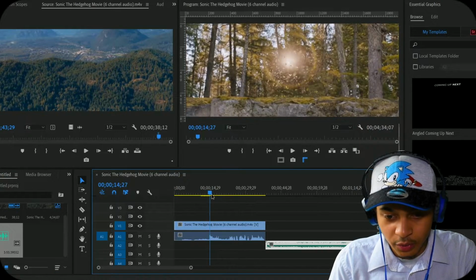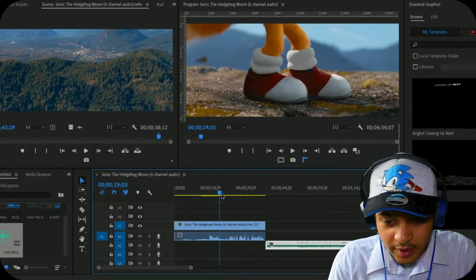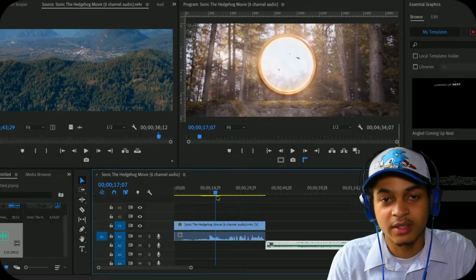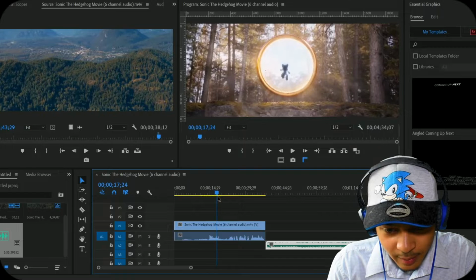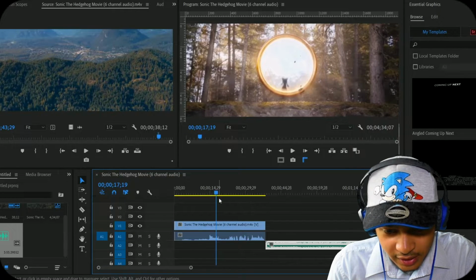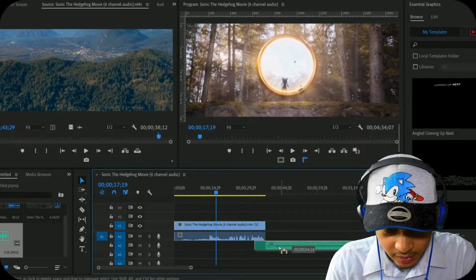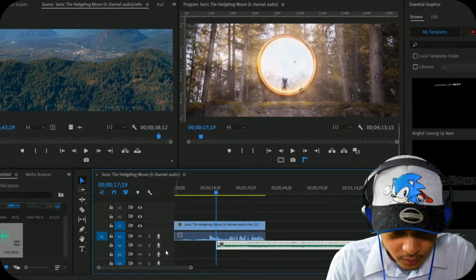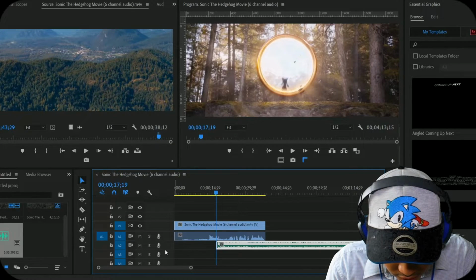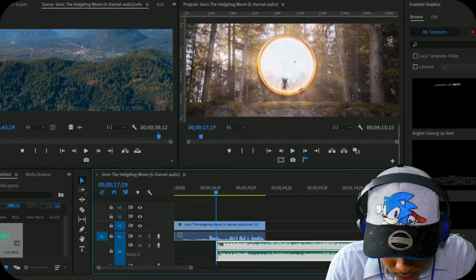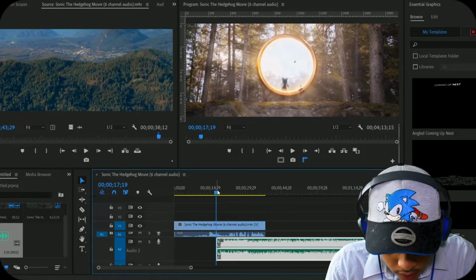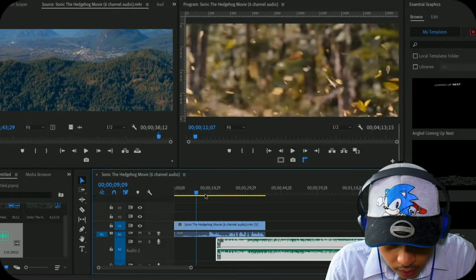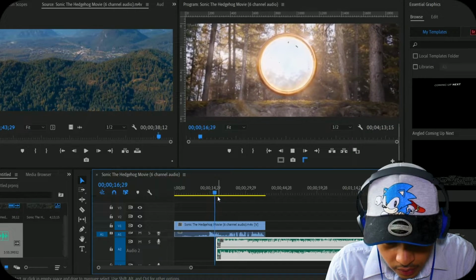Now for this scene, I want the music to play right when Tails comes out of the ring. So we need to time this precisely. So he comes out right about there. That's when we first see him, so that's when the music I think will start. So let's make that bigger for us a little bit so we can see what we're doing. So if we play that,